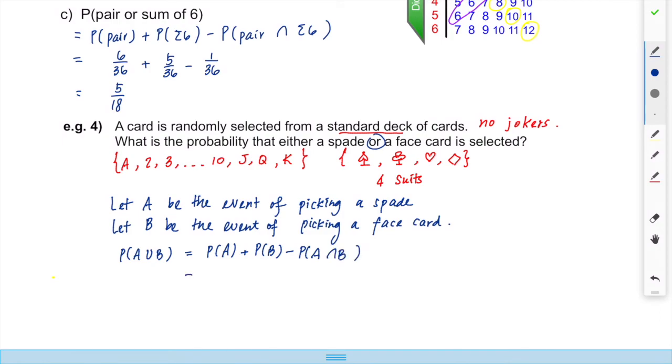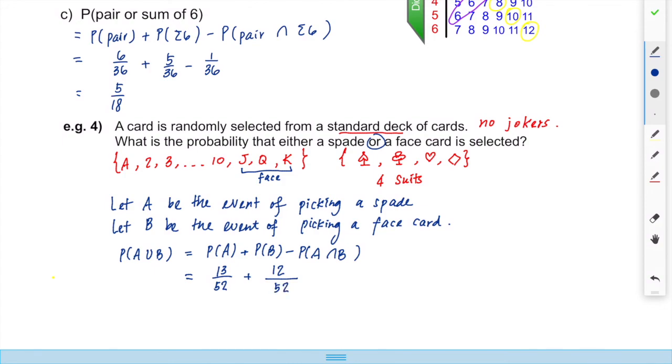All right, so let's think. What is the probability of drawing a spade? There are from A to 10 and the Jack, Queen, King. So that's 13 spades, out of a deck of 13 times 4, which is 52. Plus B, the event of picking a face card. So how many face cards are there? Jack, Queen, King. These are face cards. Again, there are 4 suits, so there are 12 face cards in a deck out of